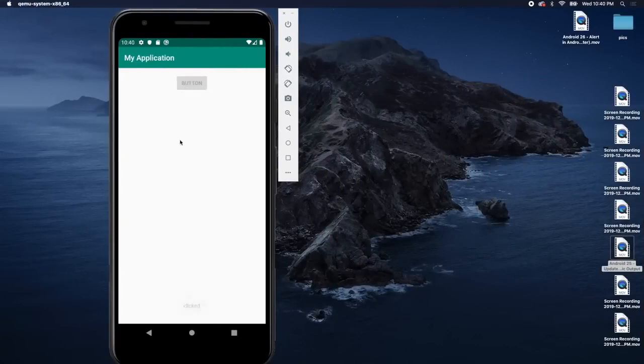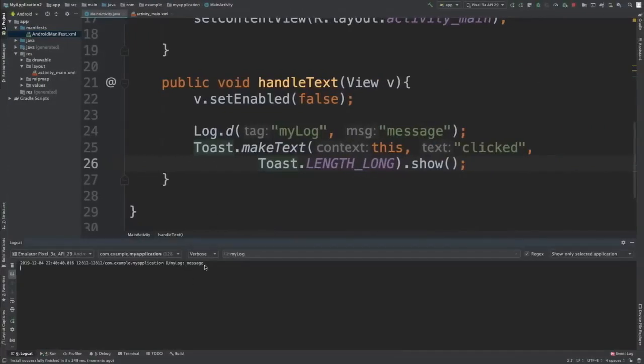So we click the button. It pops up down here saying clicked, and it fades away. And then over here on our log, we have this message, which is this string right here. Other than that, I think we've covered most of pretty much everything, except we did it all in one